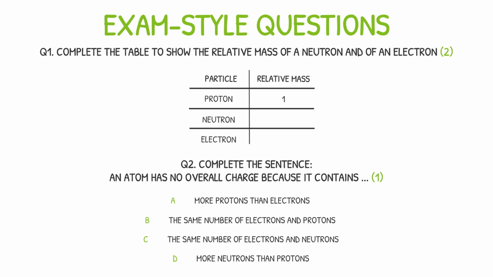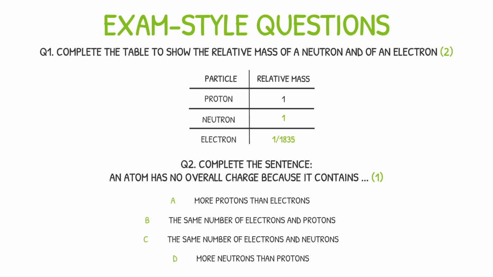These questions are pretty straightforward. Question 1 simply asks for you to recall the masses for a neutron and an electron. Be careful here, as I've seen many students make the mistake of misreading the question and providing the charges of the particles instead. Anyway, as we know, the mass of a neutron is 1 and the mass of an electron is